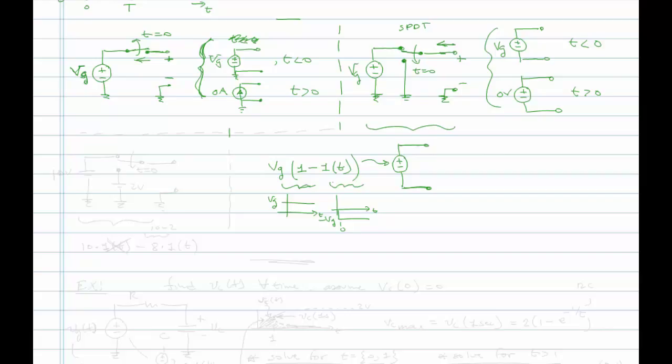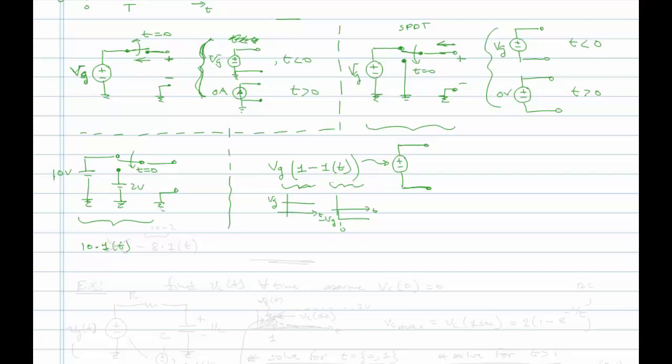So to maybe reinforce this one last time, let's think about this scenario here. What if we had a 10 volt battery, okay, and then we had a 2 volt battery, and we have a switch, and the switch gets thrown from the up position to the down position at time equals 0. Okay. So with this, how we'd represent this is we could have a 10 volts